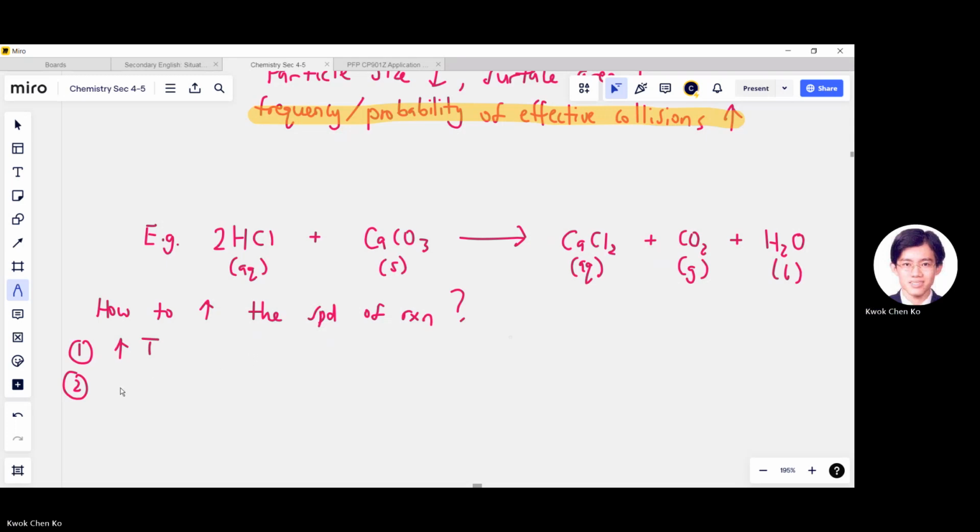Concentration of what? Remember, concentration only applies to an aqueous reactant. So you have to specify which one: HCl. You have to write it down, HCl. Anything else to increase the speed of reaction? Oh yes, solid. What to do? Size. Yes. Crush your calcium carbonate into small pieces